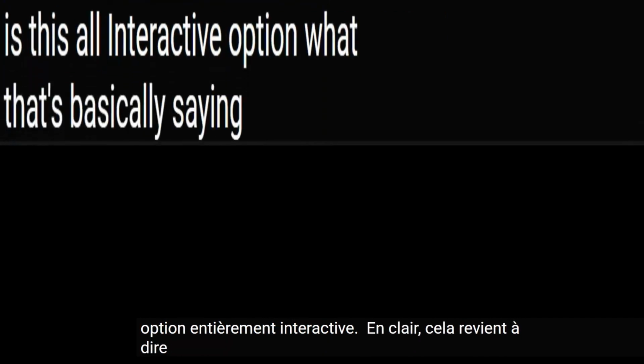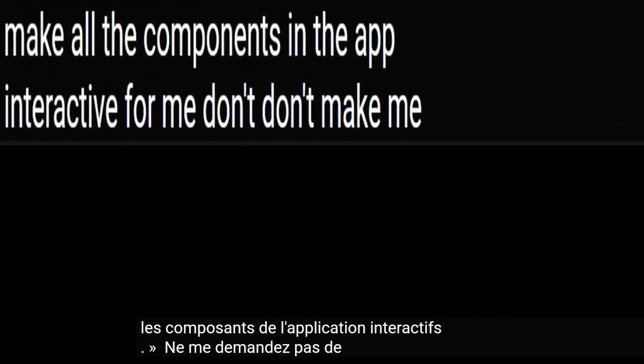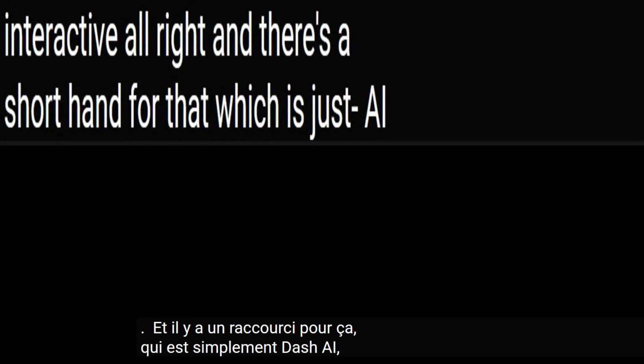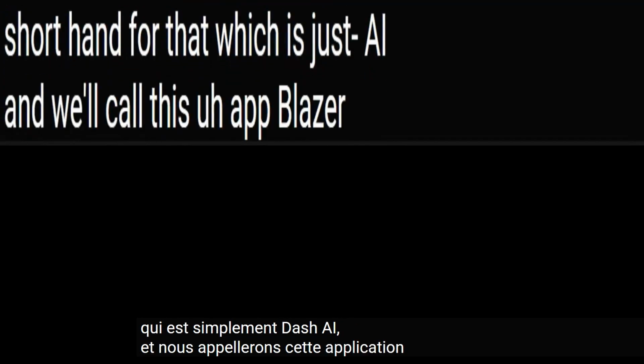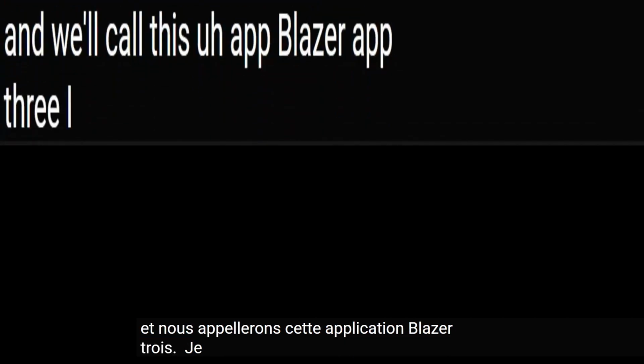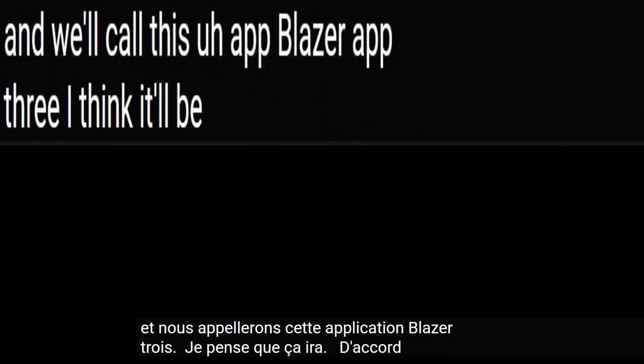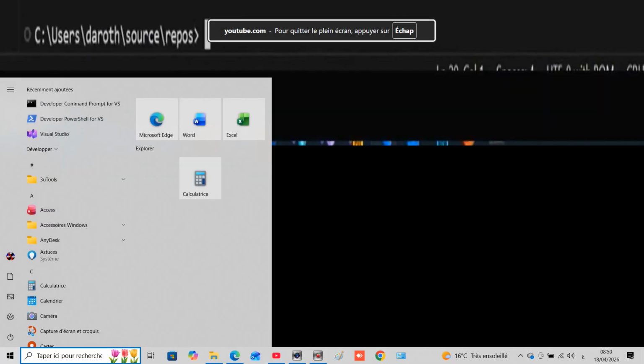What that's basically saying is, please just make all the components in the app interactive for me. Don't make me specify which ones I want to be interactive. All right, and there's a shorthand for that, which is just -ai, and we'll call this app BlazorApp3. I think we'll be good. All right, and so now let's